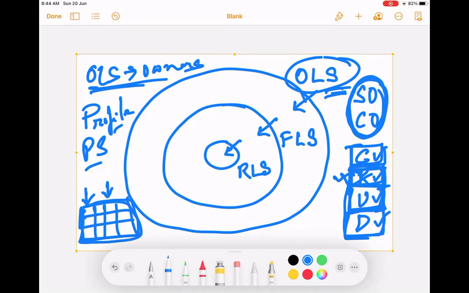So FLS can be of only two types. Can I read? Can I edit? Isn't it? Every field. So field level security will also be provided in Salesforce using profile and permission set. Okay. So OLS and FLS are done using profile and permission set.